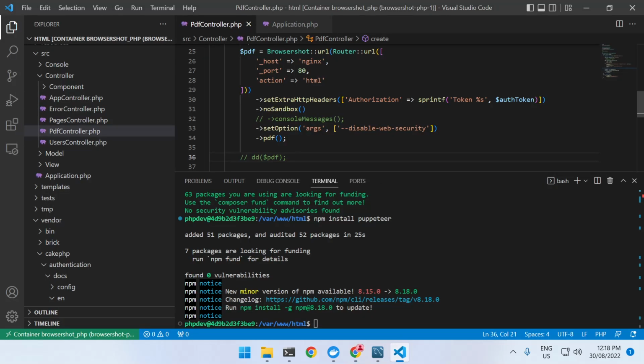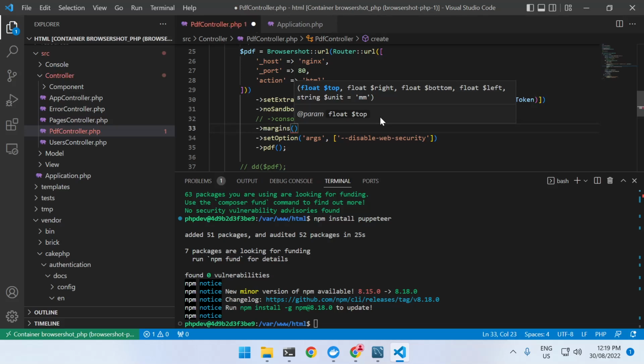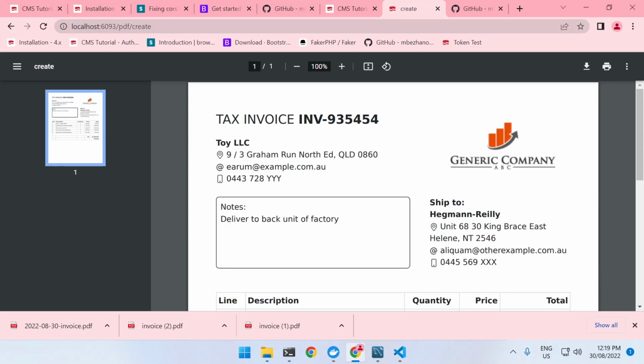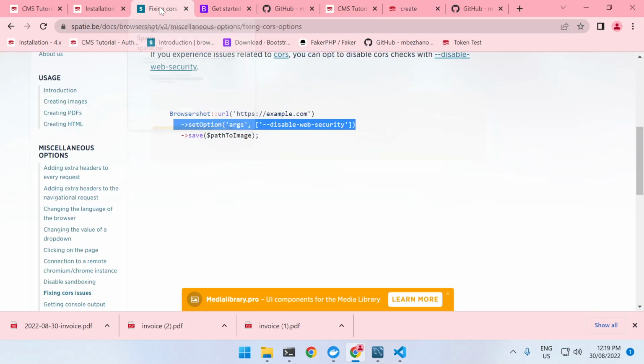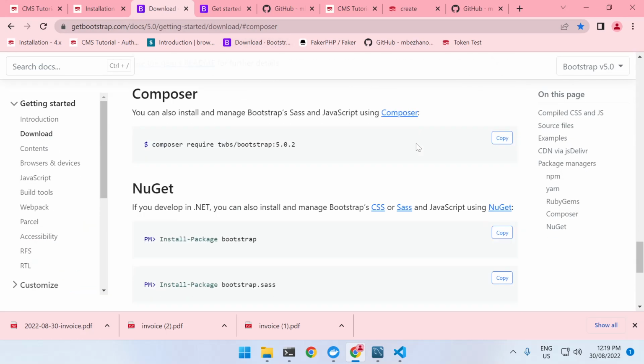So what we're going to do is set some margins, 15, 15, 15, 15. Let's try that again. Now that is the dodgy way of fixing the problem. So we've disabled web security, but do we really want to do that? Let's now have a look at another way of fixing this issue, and we're going to install